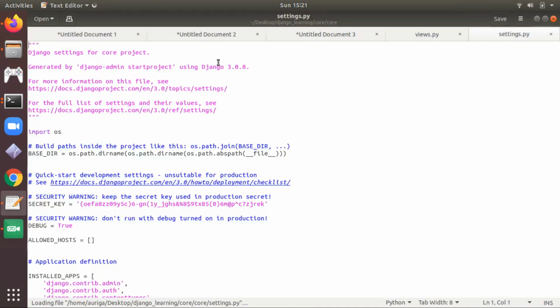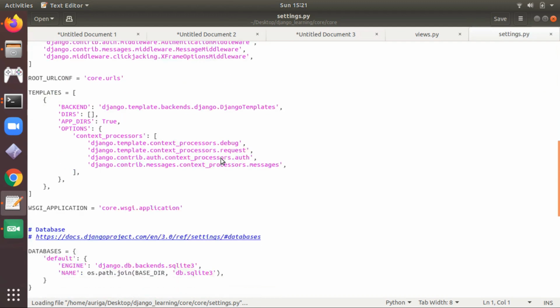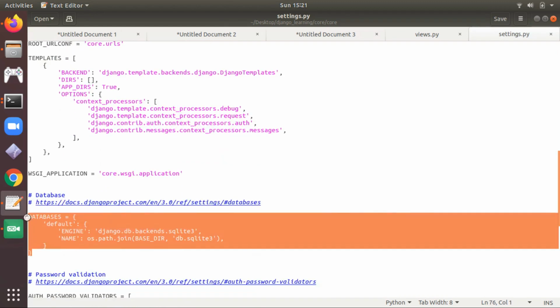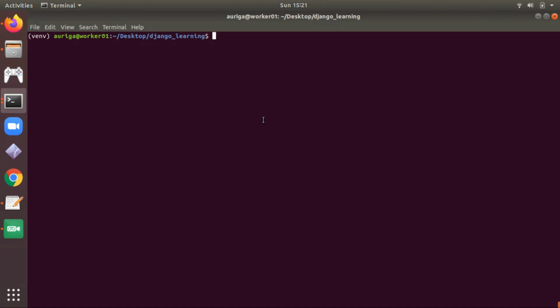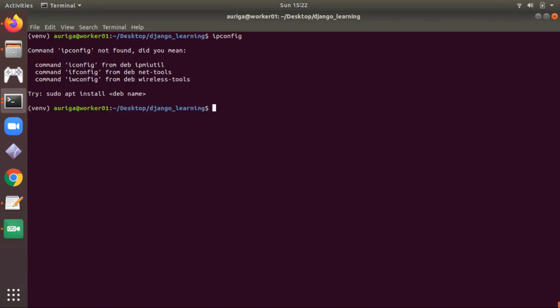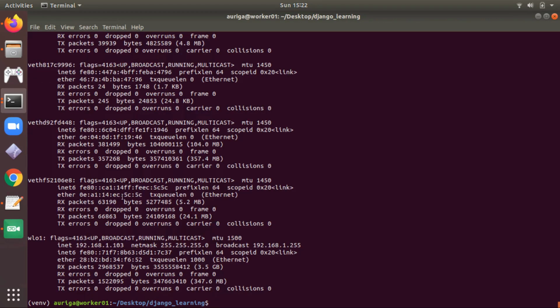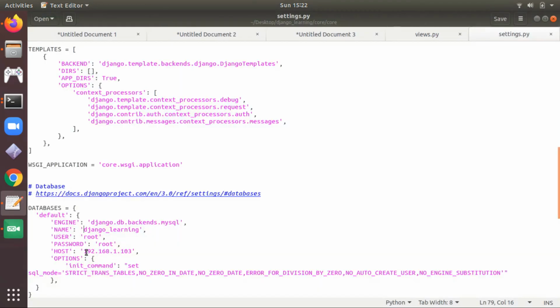So in settings.py you can change DB settings. Let me check my IP. ifconfig. So this is my IP, and I put the same IP as the host name, then my DB name, username, password. You should change your username and password here.